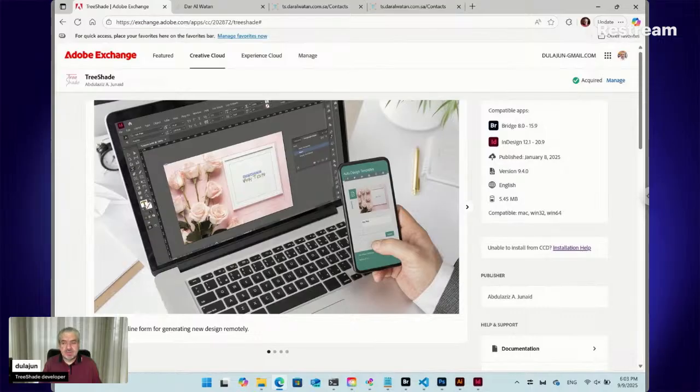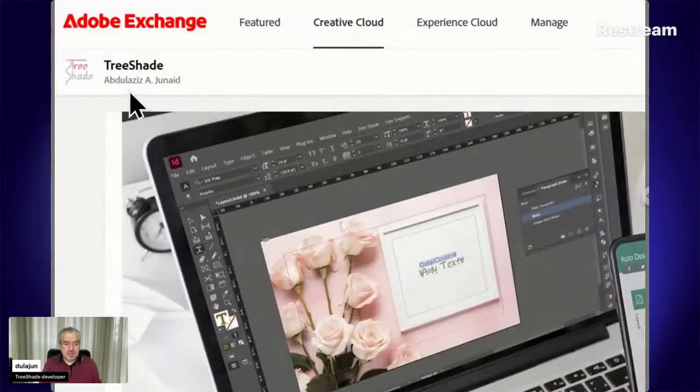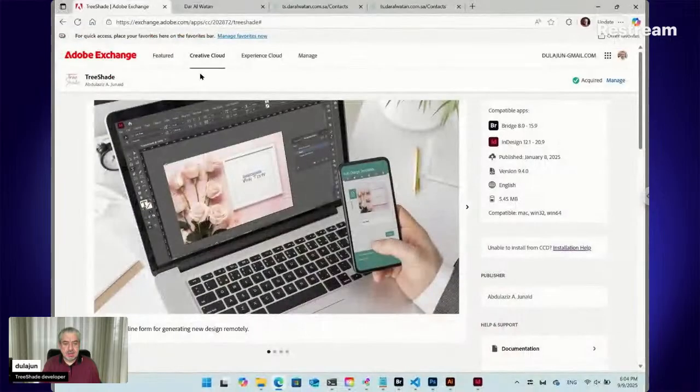So at first, a quick introduction. We are talking about software called TreeShade. This software you can install totally from Adobe Exchange. It enables you to generate automatically a new design, especially for bulk and repeated design,